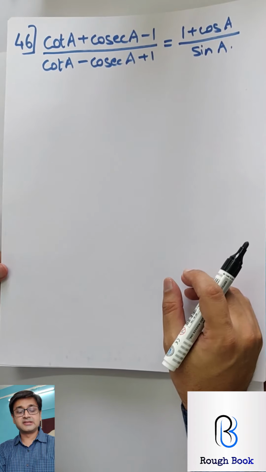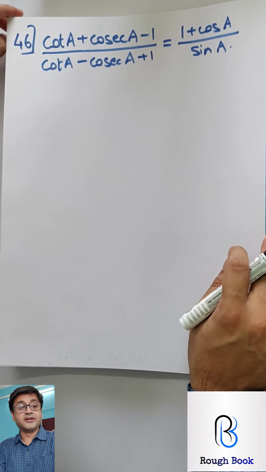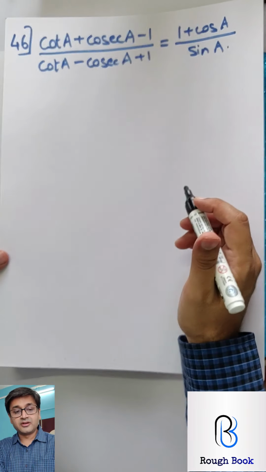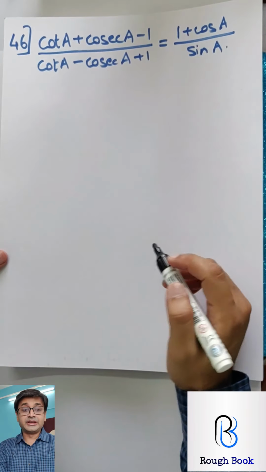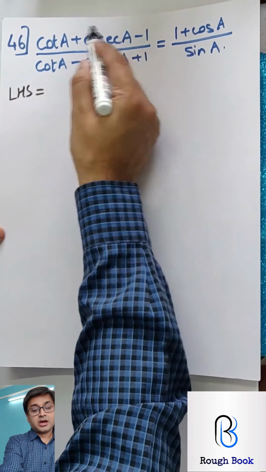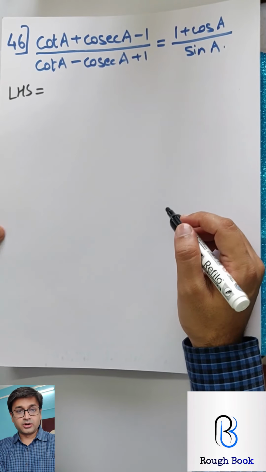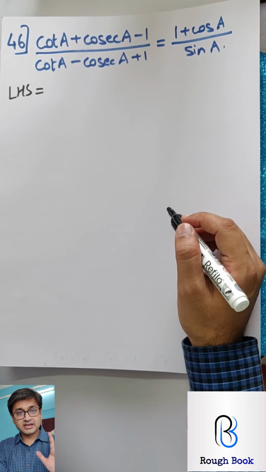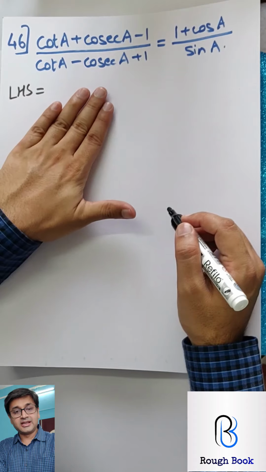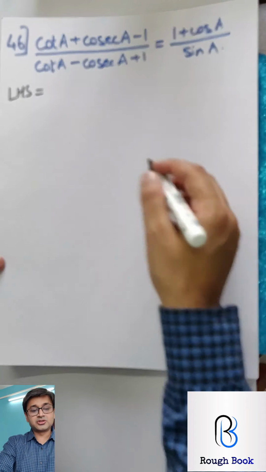The last question that we need to try is 46. Put a star beside it. It's a tricky question, and there is a different trick that you can use over here. In the textbook, it's been given a very lengthy method. I'm giving you a very easy method. So please listen. First start with LHS, convert everything into sine cos and reach some basics and stop there. Don't go ahead. Just convert this to sine cos, take the LCM and stop. So let's do that much.